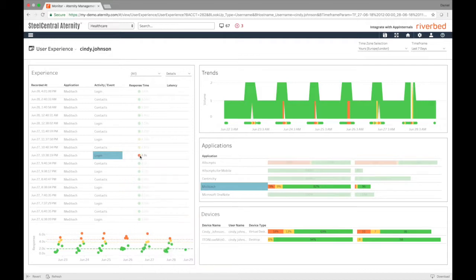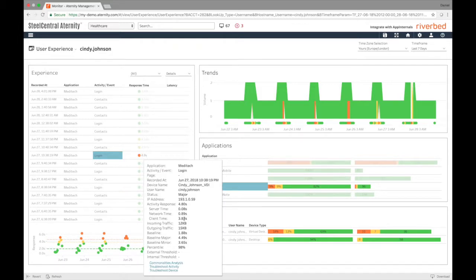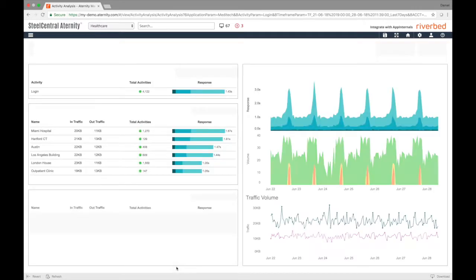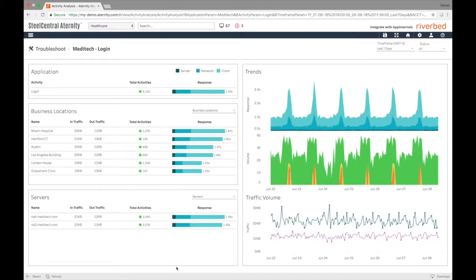I can see she has been using a VDI endpoint, and I can also see that client time appears to be fairly high at just over 3.5 seconds. If I troubleshoot the activity, I can compare the client time and the average times calculated across all endpoints within the estate. I can see here that the average client time should be in the region of around 1 second. Comparing that to the 3.5 seconds experienced on the VDI endpoint,